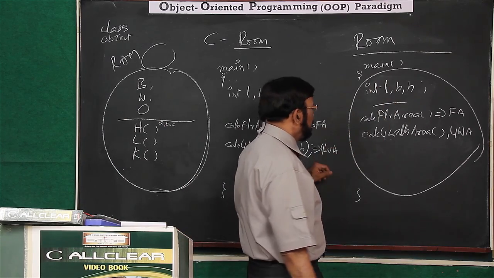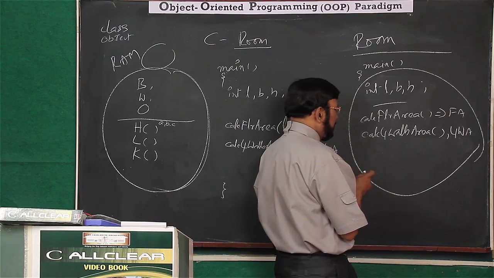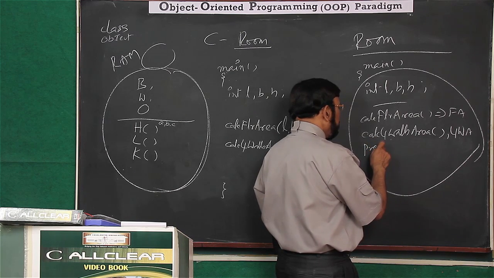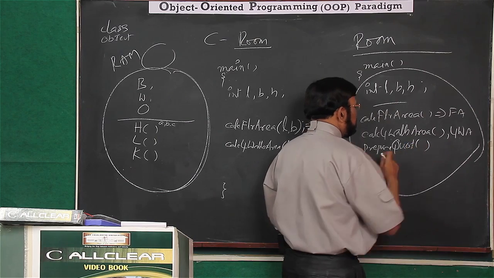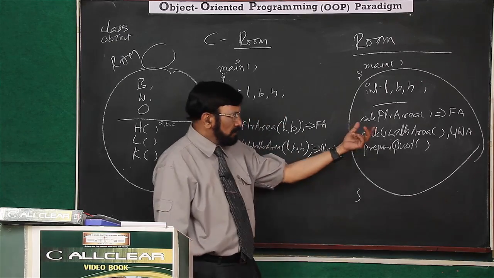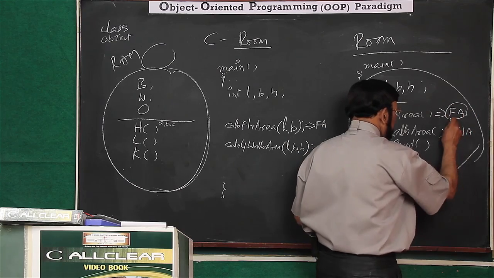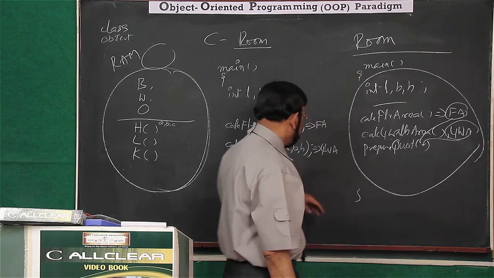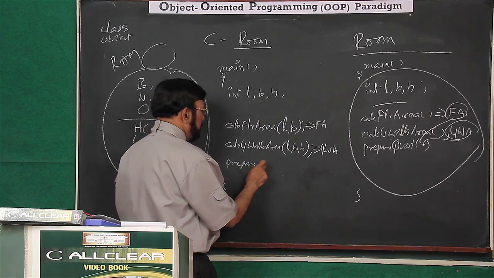Suppose this is a thing. You are a contractor. Then you have to prepare a quotation. So, prepare quotation. This is the function. Generally, on which data is a quotation prepared? Normally on floor area, four walls area, the quotation is prepared. So the same thing I write here. Prepare quotation.